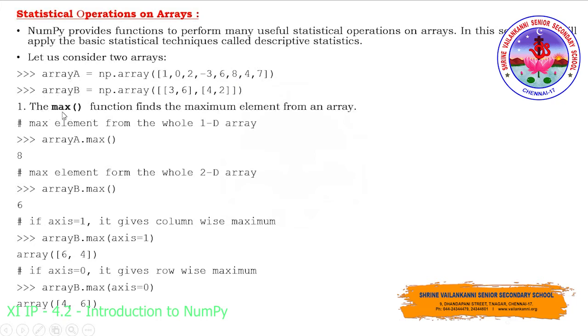And now the first function they are going to use here is the max function. From the name itself you can understand, to find the maximum element from an array we make use of this max function. So if you provide a dot max with the array variable, whichever maximum element is there in the array will be retrieved. So 8 is the maximum element, and that will be retrieved and displayed here. And with array b dot max, when you provide a 2D array, whichever element is maximum from the two-dimensional array will be retrieved and displayed.